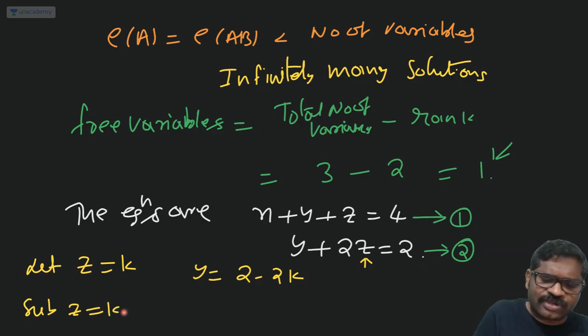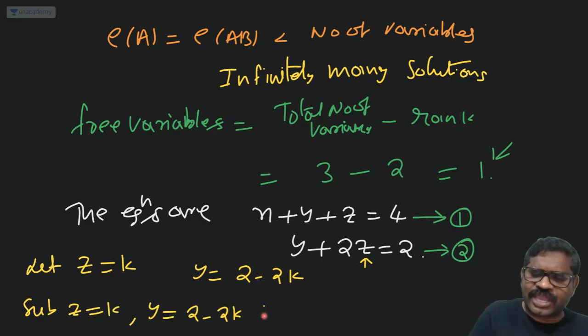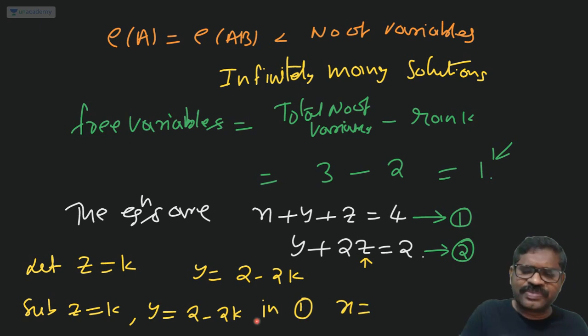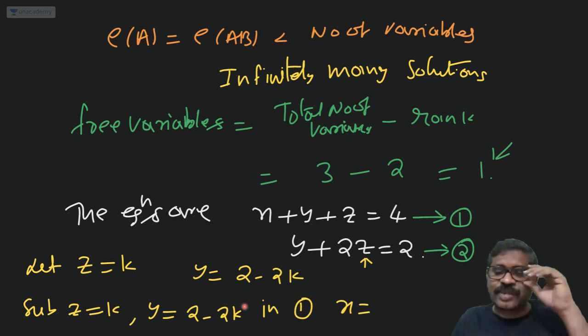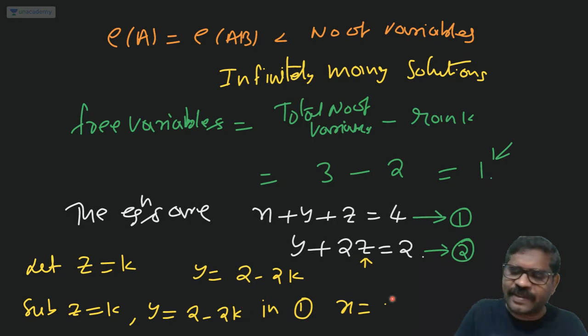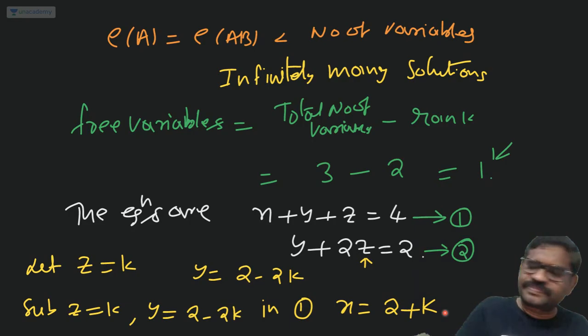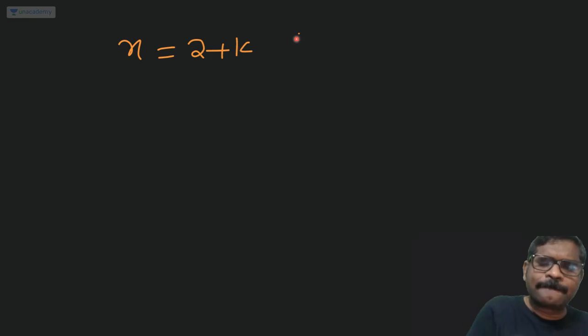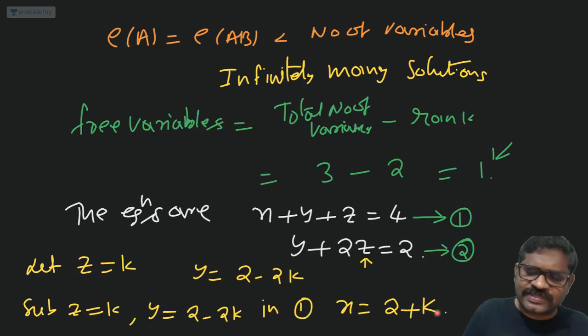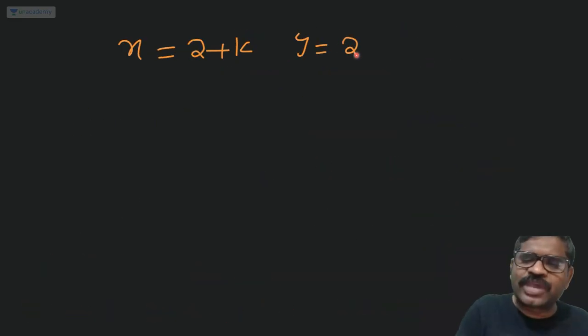Substituting z equal to k, y equal to 2 minus 2k in equation 1, x equals 2 minus 2k plus k, 2 minus k, and the right side 2 plus k. Now, x is 2 plus k, y is 2 minus 2k,